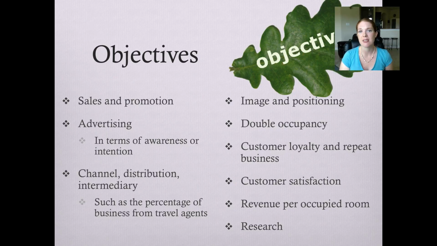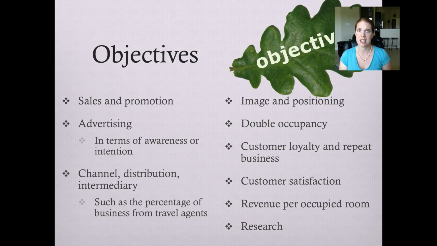Okay, maybe you're going to have objectives that have to do with channels or distribution or intermediaries. This is how you're getting your product to the customer. How are they purchasing from you? Are you going to increase your usage of OTAs or opaque channels? Are you going to try to increase direct booking? So, for example, Hilton now has a campaign about Click Hilton. And that campaign, what they're doing is they're trying to promote direct sales as opposed to going to OTAs. OTAs have some really stringent and strict rules that aren't really in the best interest of the organization. And so Hilton is trying to bypass that through their marketing efforts of getting people to book directly, which is part of that channel distribution.